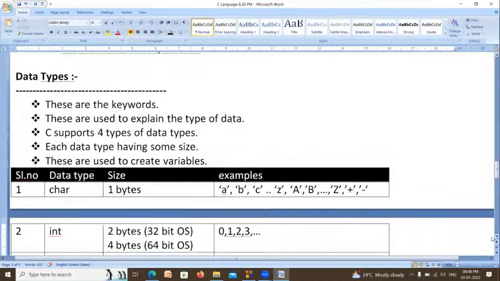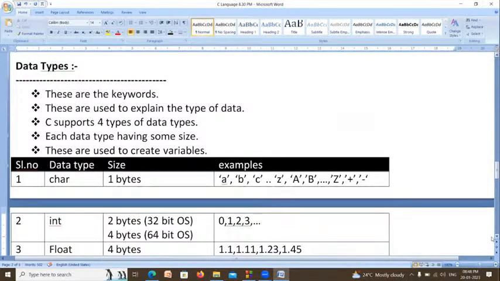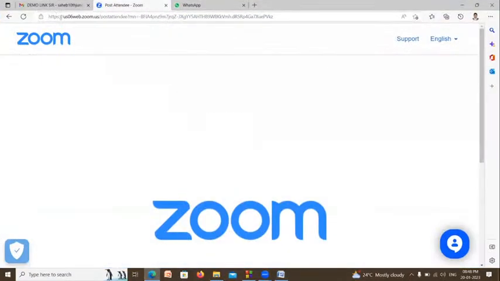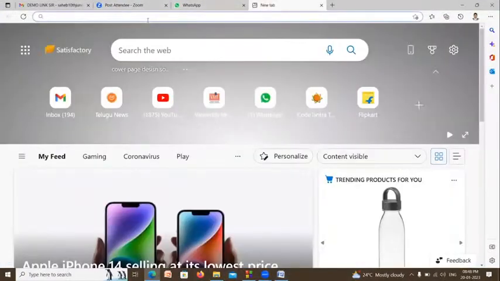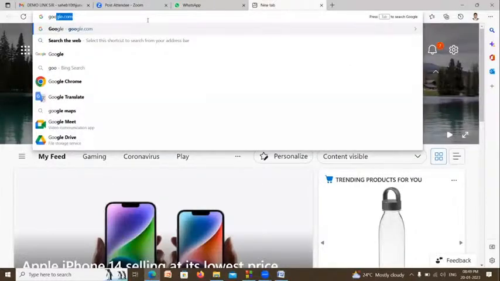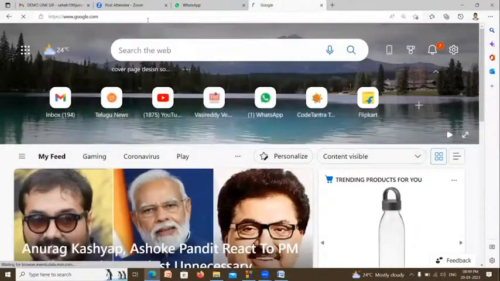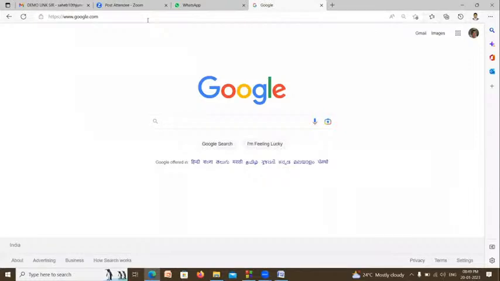Sir, actually for 32-bit, it's 4 bytes, sir. No, 2 bytes only. Okay, Chaitanya, can we test? Yeah, I checked on the internet as well, sir. Okay, I will also check. I am not the developer of C. I am also a learner. Before you, I learned. That's it. Okay.